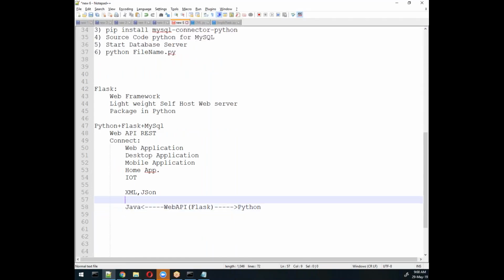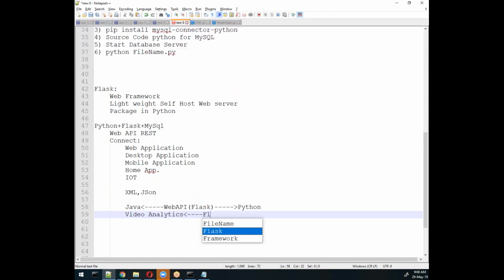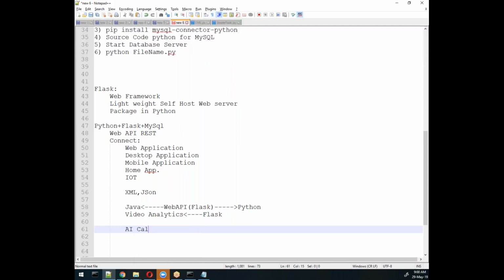Recently I created one IoT related project. We needed to communicate with video analytics. I work on video analytics, and that video analytics runs on CCTV cameras and also on mobile. There I tried this Flask-based application. After that, we did a little bit related to the AI part, an AI call center. In that project also I tried Flask, because it requires a Flask application. Without Flask you cannot implement this type of project.